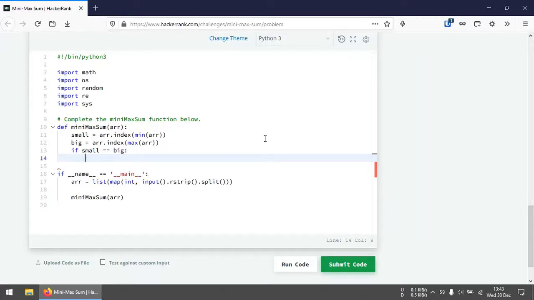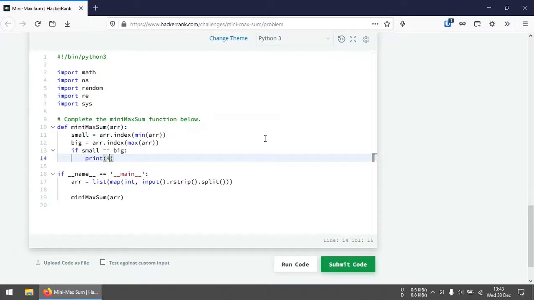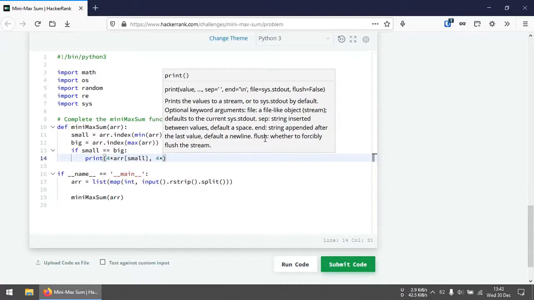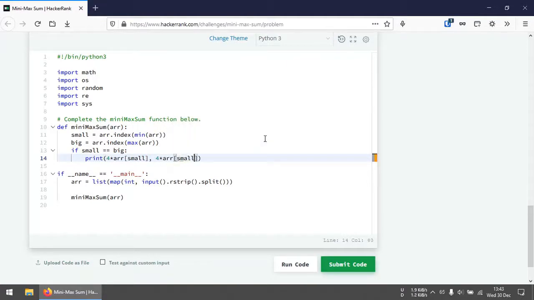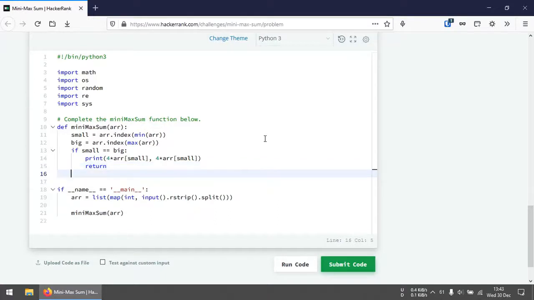So in case both are the same, then we know that all the 5 numbers are one and the same, so we can print four times the repeated number. So the sum will be the same for both minimum as well as the maximum sum. And you need to add return over here, because you don't need to execute any part of the remaining code which comes after this, since we already have got the solution